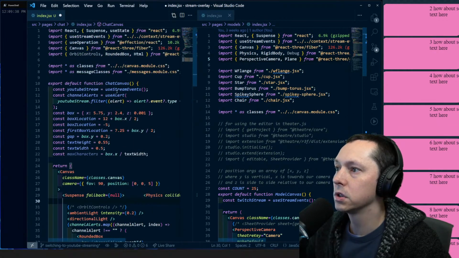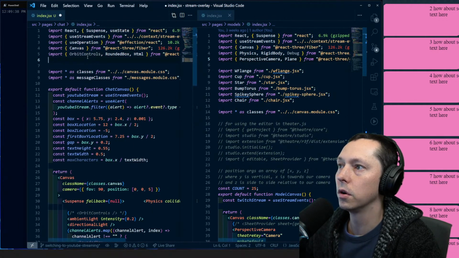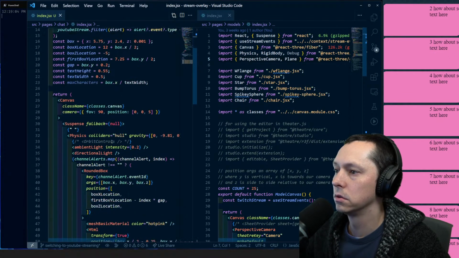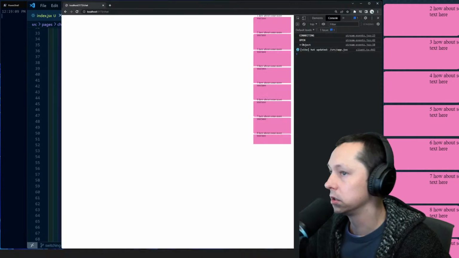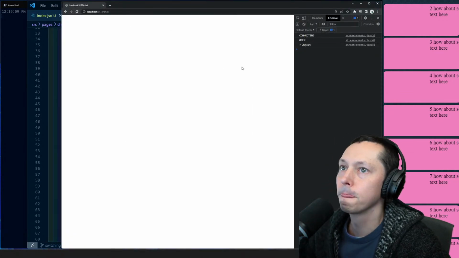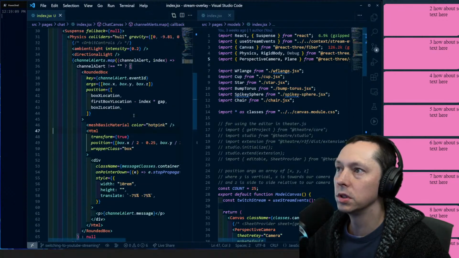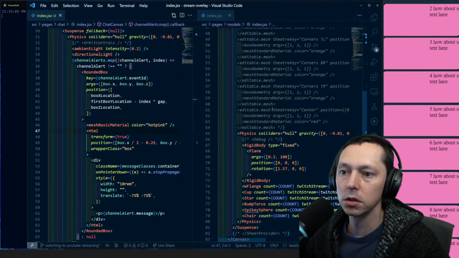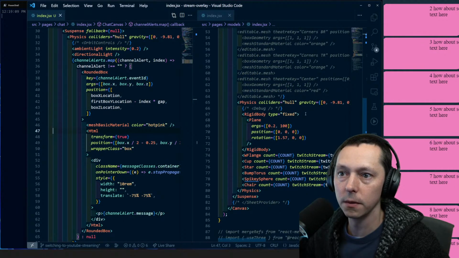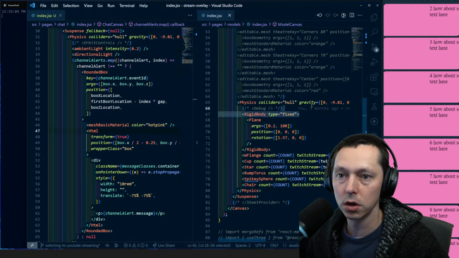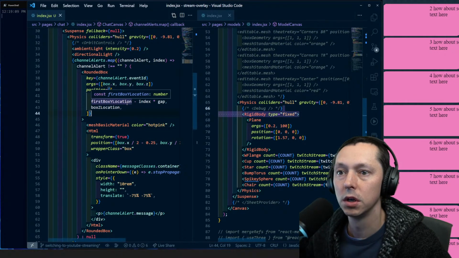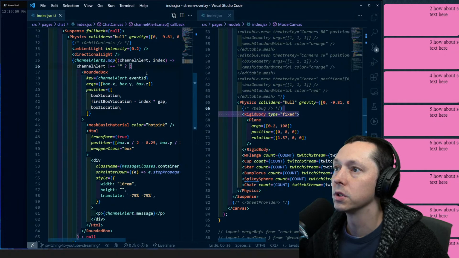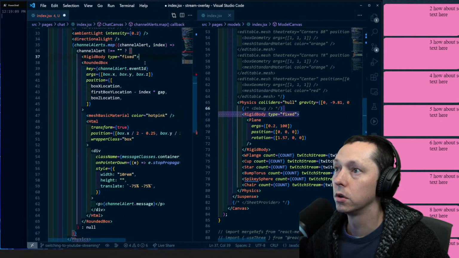So physics imported. Let's go ahead and set the physics system. Now we imported it, let's see what that gives us. We do need to take each of these elements and wrap them in a rigid body. There's a couple things we can do. We can make it a rigid body with different types, and in this specific case this one is a fixed physics element, which